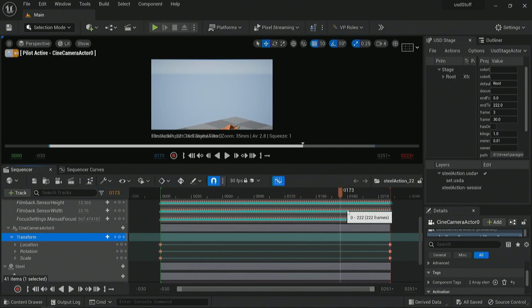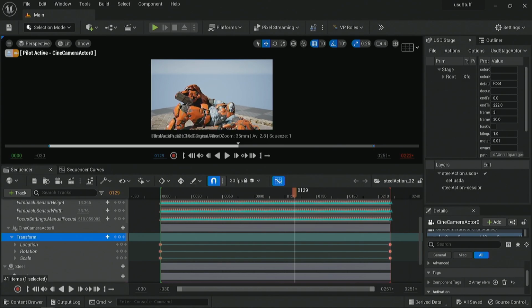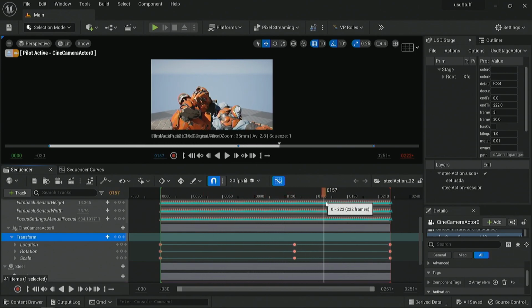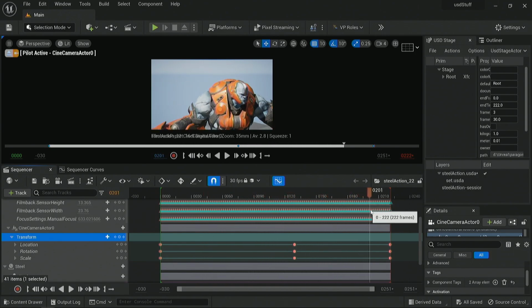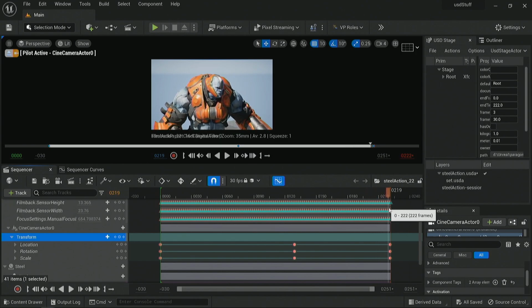So if I'm working in a shot pipeline, there's a bunch of different shots. I'm able to open up a USD file into Unreal, take a look at it, make edits to it, and then save them directly back out. Obviously, if you've got a pipeline, you're going to want to be able to version. If you're making changes to the camera, you don't want to just write over it directly, but you can add whatever layers you want in there, and then push the animation or edits to that particular layer.